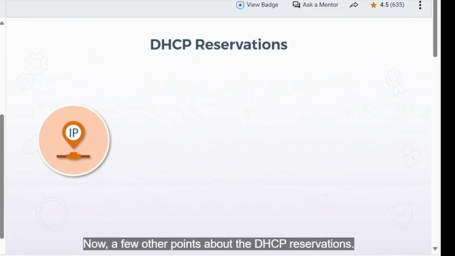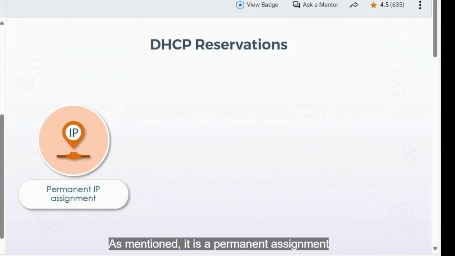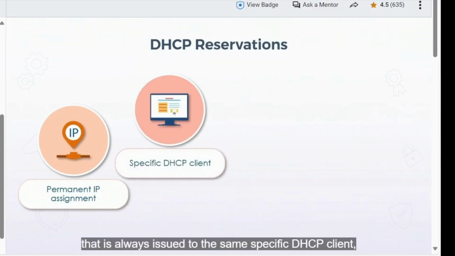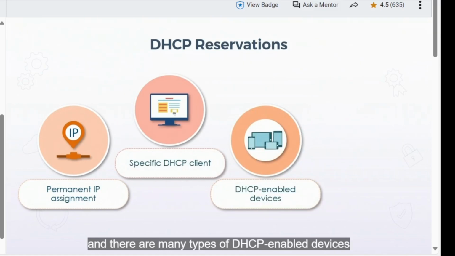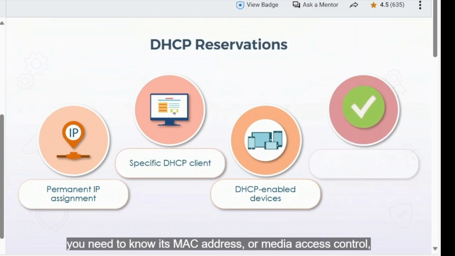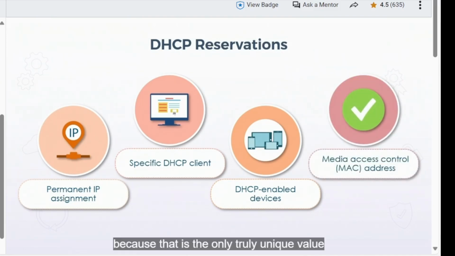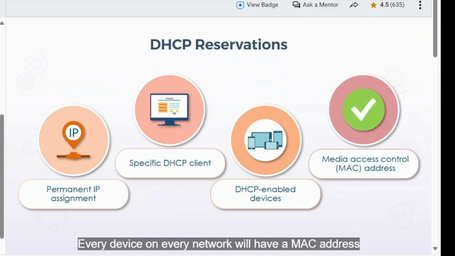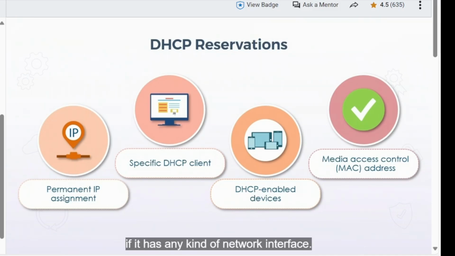Now, a few other points about the DHCP reservations. As mentioned, it is a permanent assignment that is always issued to the same specific DHCP client, and there are many types of DHCP-enabled devices that do support reservations. But in order for the reservation to work and to be assigned to the correct client device, you need to know its MAC address, or Media Access Control, because that is the only truly unique value when it comes to addressing. Every device on every network will have a MAC address if it has any kind of network interface, and